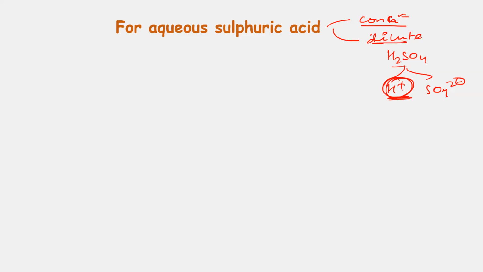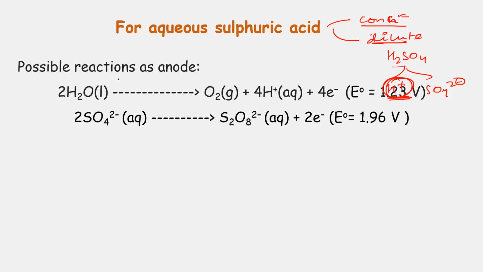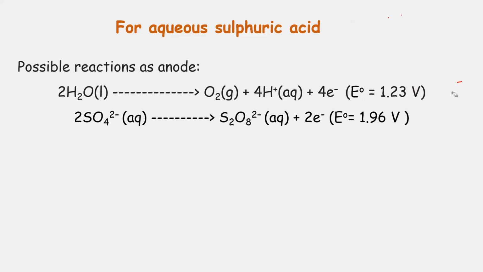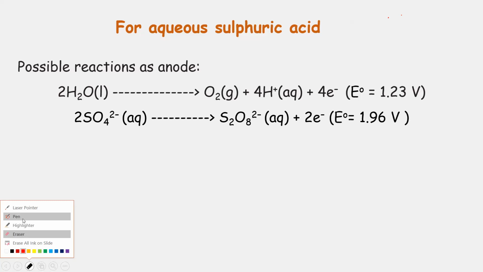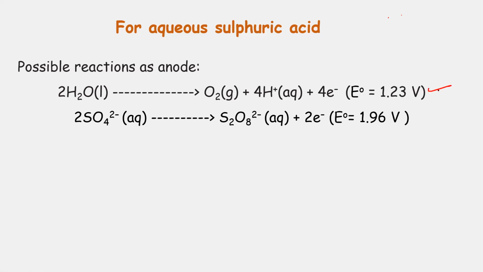That is the reaction at the anode. The reaction at the anode can be of water or SO4 2 negative. So these are the products. Now, if we have dilute solution, then this reaction will be preferred, for dilute. If we have concentrated solution, this will be preferred, because as we know, the SO4 2 negative concentration will increase. Here also the EMF difference is not very high.